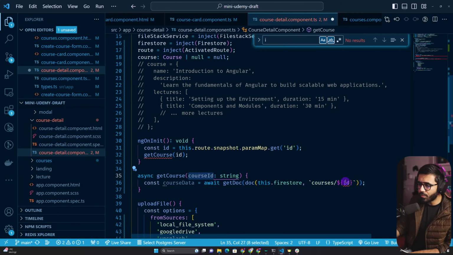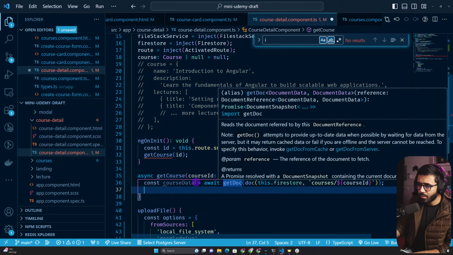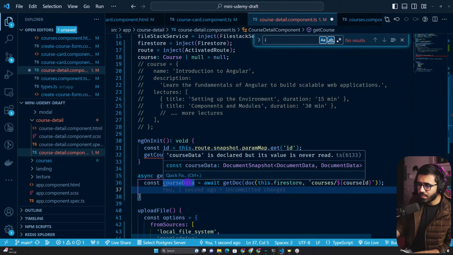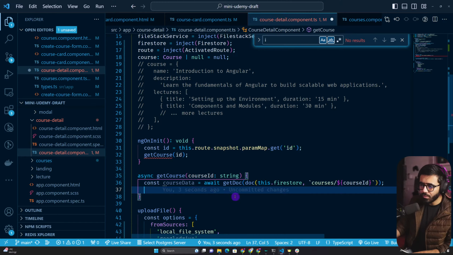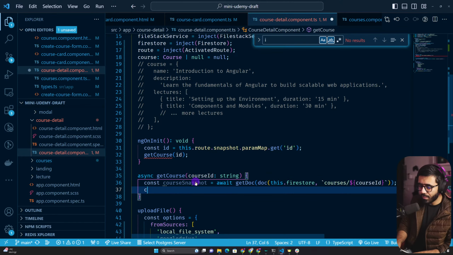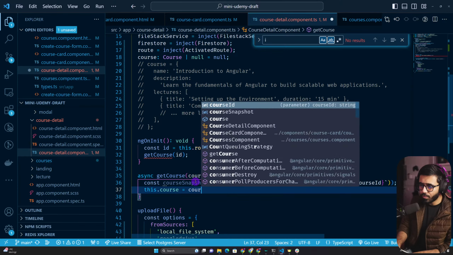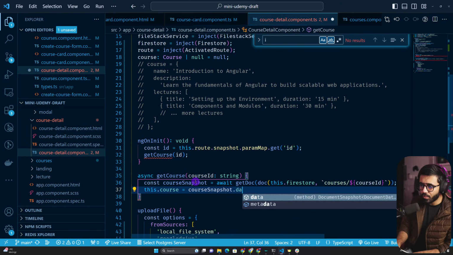We can pass the course ID just like this. Because this is going to return a getDoc, this is the snapshot, so here we can say courseSnapshot, and this.course equals courseSnapshot.data